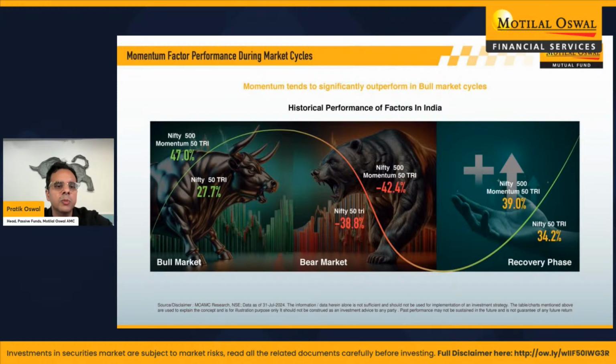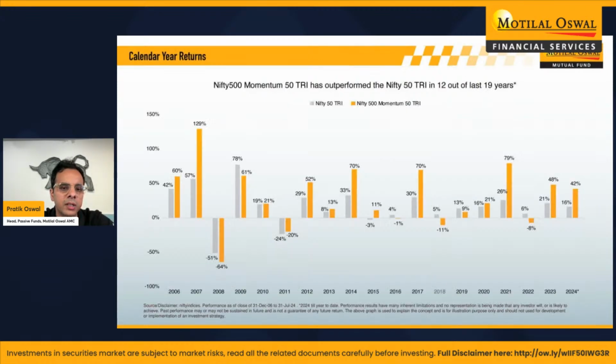In this sort of a fund, which is the momentum fund, factors do extremely well in terms of performance in bull markets. As you can see in bull markets, and I'll show you calendar year data, there is very heavy outperformance. In bear markets, there is some underperformance, and in recovery markets, which are in between bear and bull markets, we're seeing outperformance as well. So again, it's a strategy that does extremely well in bull markets.